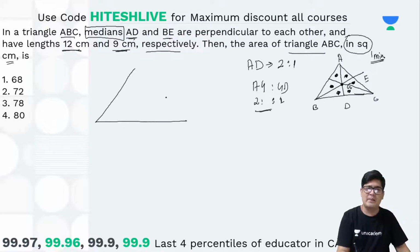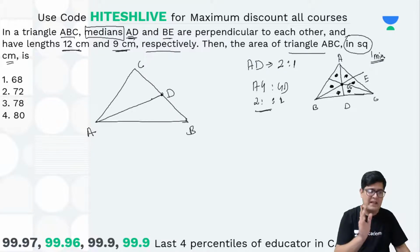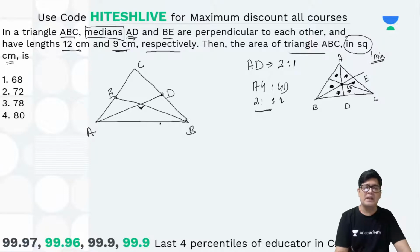Triangle name is ABC. I'm going to draw it in a slightly different manner. I'm putting A here, B here, and C here. The median is AD. There's your median. Understand, median is not perpendicular to the base. The other median BE, these are perpendicular to each other. That is the sentence: medians AD and BE are perpendicular to each other, and this is the crossover point,